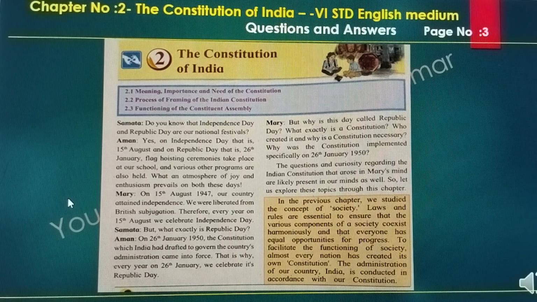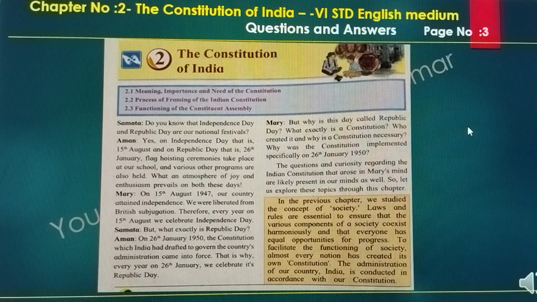Samantha: But what exactly is Republic Day? Amen: On 26th January 1950, the Constitution which India had drafted to govern the country's administration came into force. That is why every year on 26th January we celebrate Republic Day. Mary: